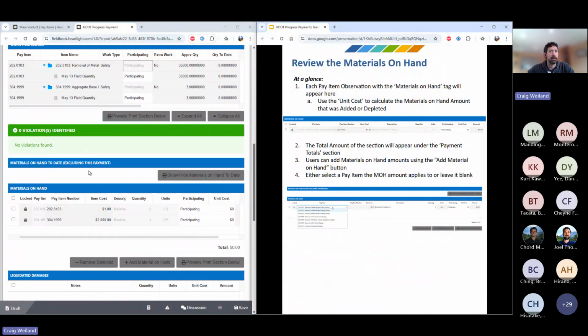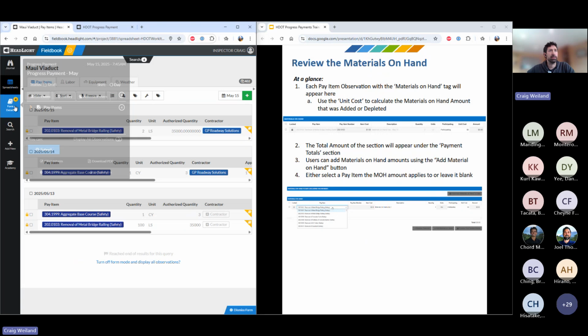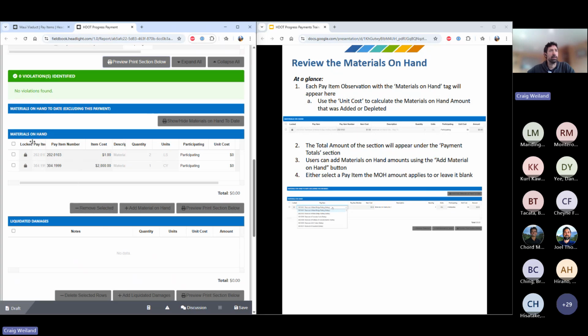Next is materials on hand. So you can see I did actually include, if I go back to my spreadsheet over here, I included materials on hand. Where was it? This one. So I had 1 cubic yard of this aggregate base course, and you'll see that gets pulled over into my document. I have this window a little bit narrow for the double screen here, but it has all that pay item information, the item cost, the quantity that I included, and